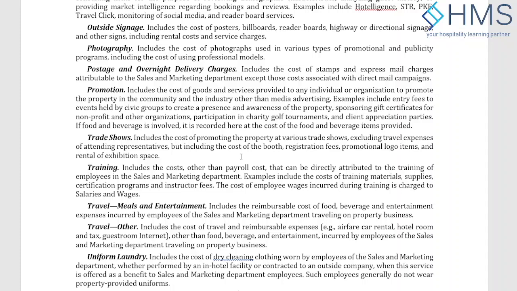Then you have postage and overnight delivery charges, which is usual. Now the promotion cost is another bigger line in the hotel expenses, which is the cost of goods or services provided by any individual to promote the property in the community and the industry, other than media advertising. So it can be the entry fees to an event, sponsorships, or client appreciation parties.